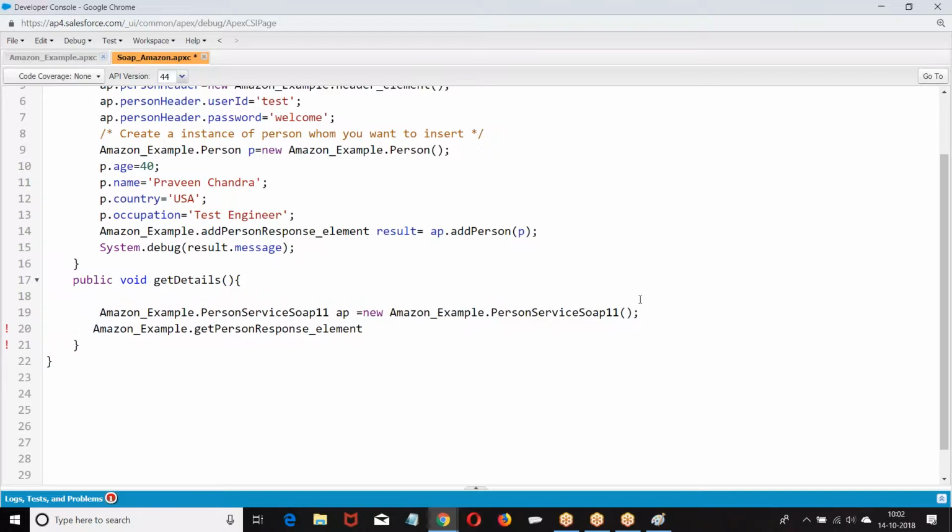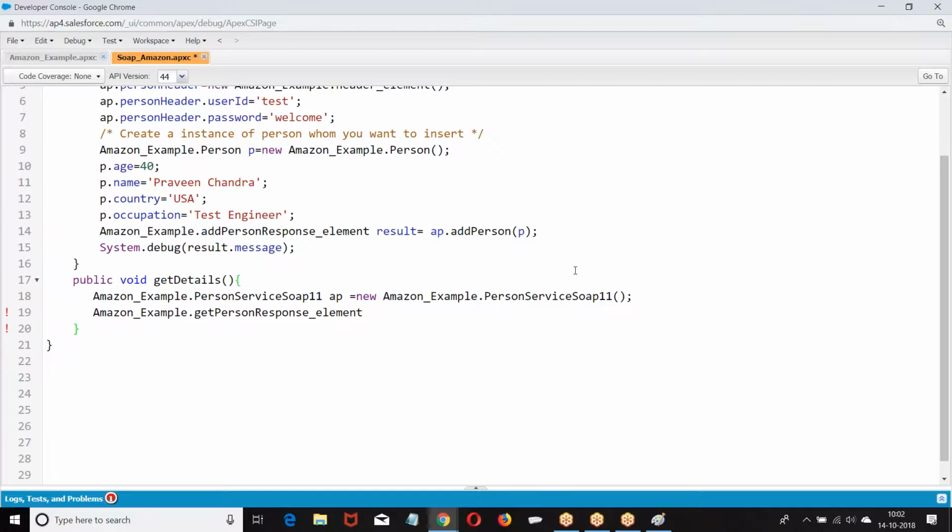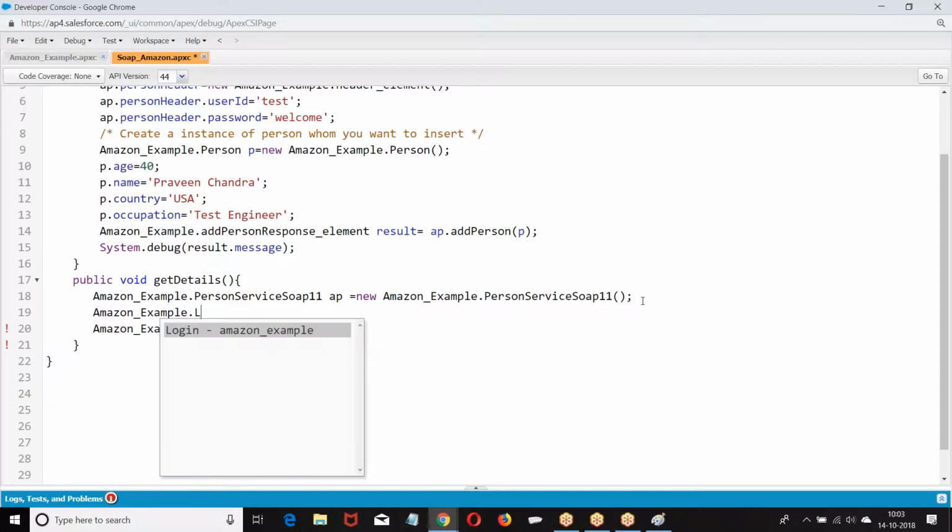Okay. Now what are they asking? They are asking the login data. How was I supposed to give the login data? Amazon example dot login.